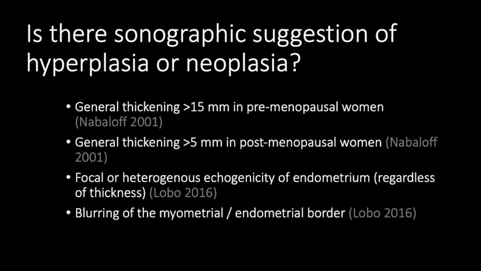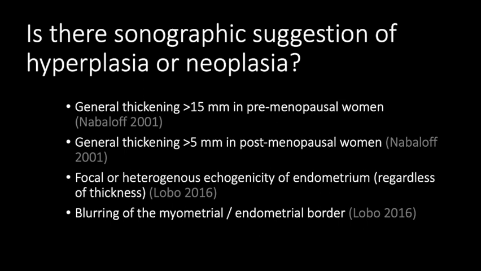Some numbers that you can use as screening cutoffs when examining by transvaginal ultrasound are general thickening to greater than 15 millimeters in most premenopausal women. Now, there will be a significant portion of women whose normal thickened endometrium during the secretory phase could approach 2 centimeters or 20 millimeters, but using this as a screening cutoff is appropriate. Thickening greater than 5 millimeters in postmenopausal women is uniformly recommended to be pathologic unless proven otherwise by